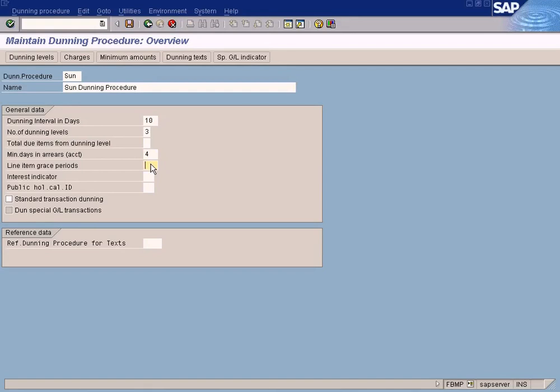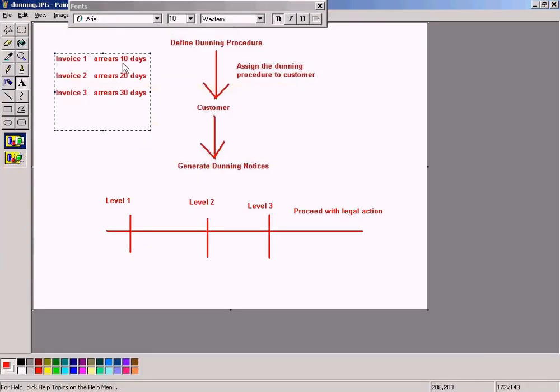This is something like this also, but this is called grace period. That means if you want to give some extra time period for the customer to pay, you can just enter a day here, so that will be added. For example, if this is 10,